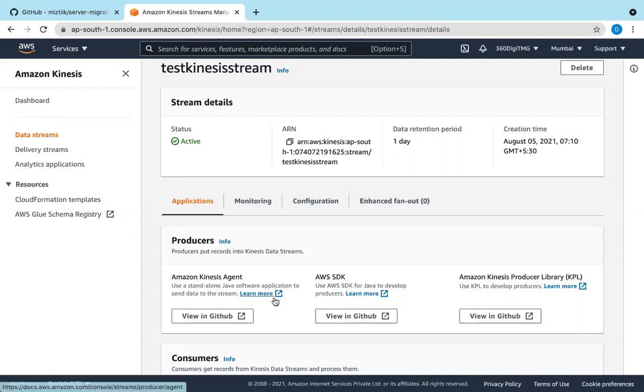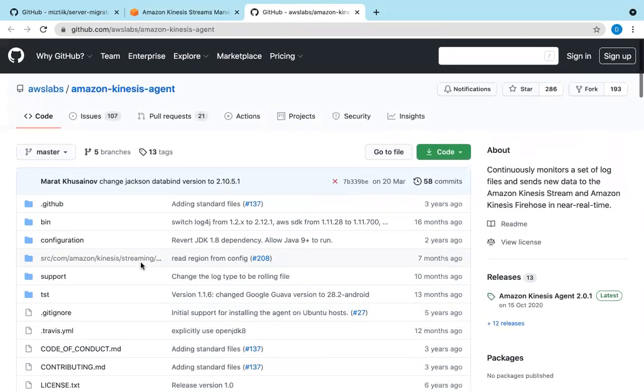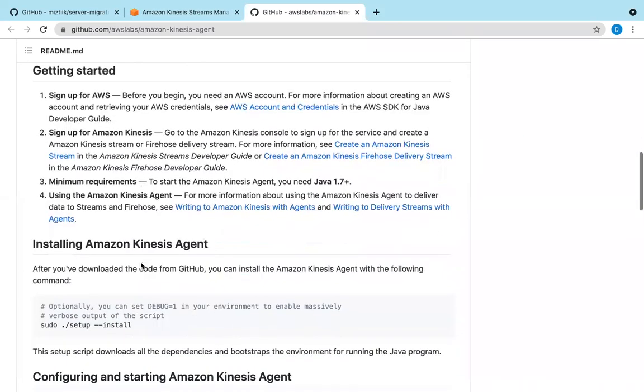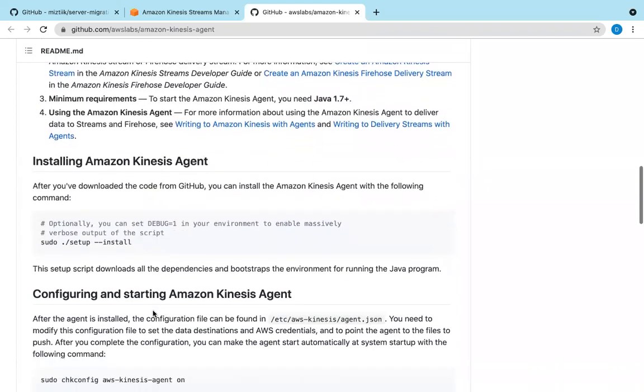So you can use these to generate data and push the data into Amazon Kinesis. The Amazon Kinesis agent has a view on GitHub, where we have instructions on how to install it. So you can install it.